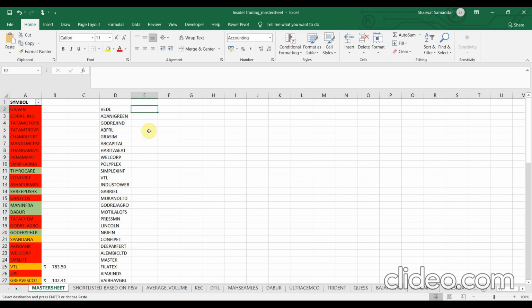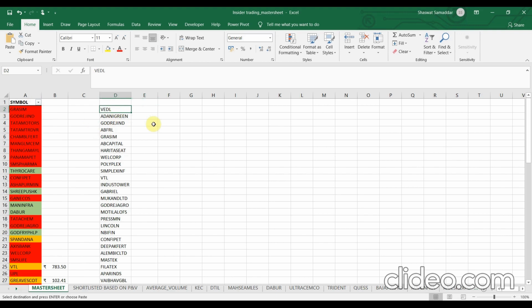So what I find useful about this insider trading master sheet is that I would know for which stocks I have already done the analysis, because the stocks I have already analyzed, I include in this particular symbol column. When I come to this master sheet the next time, I won't do the analysis again for the stocks I have done before.